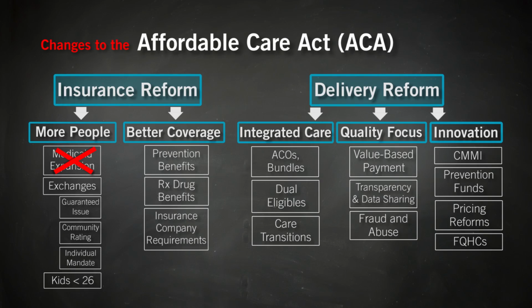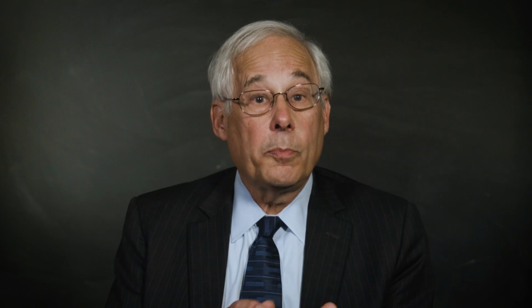The exchanges, well, remember, they depended on subsidies to people who otherwise couldn't afford to buy insurance between 138% and 400% of poverty. And they depend on guaranteed issue, community rating, and a mandate. Otherwise, it can't work mathematically. America's Health Care Act takes that away. Instead of having income-based subsidies in the exchanges, those subsidies change to age-based subsidies, in which younger people get a certain amount, and then that increases with age, but nowhere near as much as is needed or provided through the subsidies in the current Affordable Care Act.